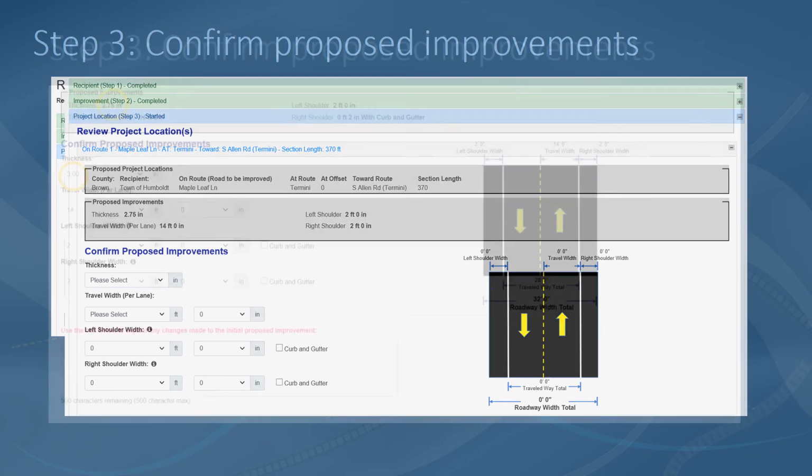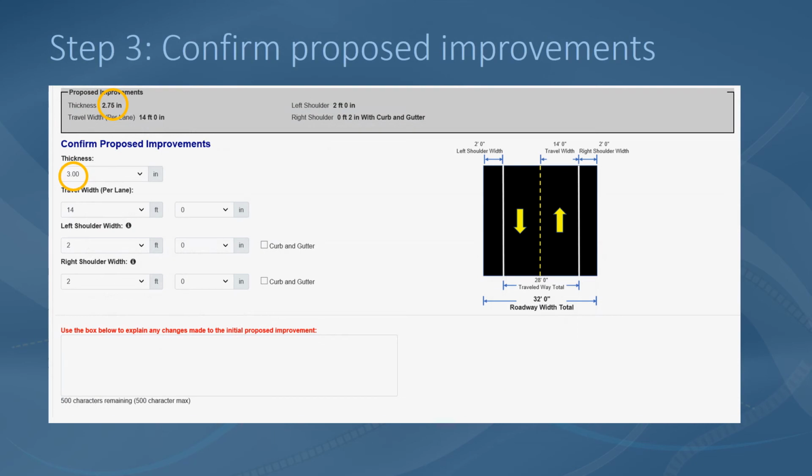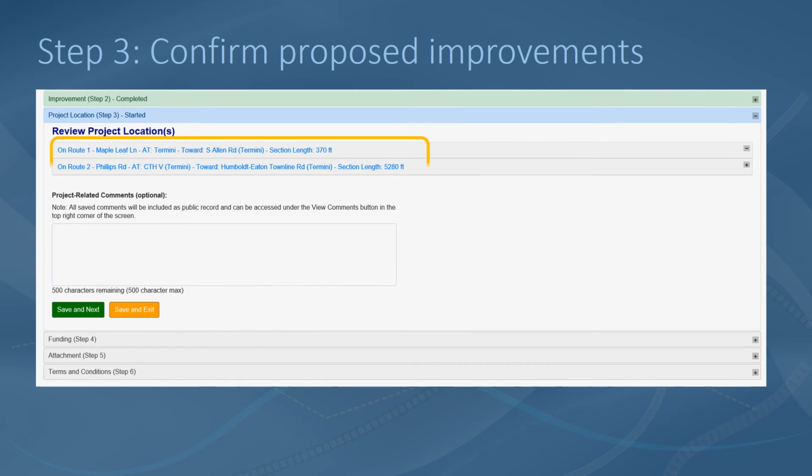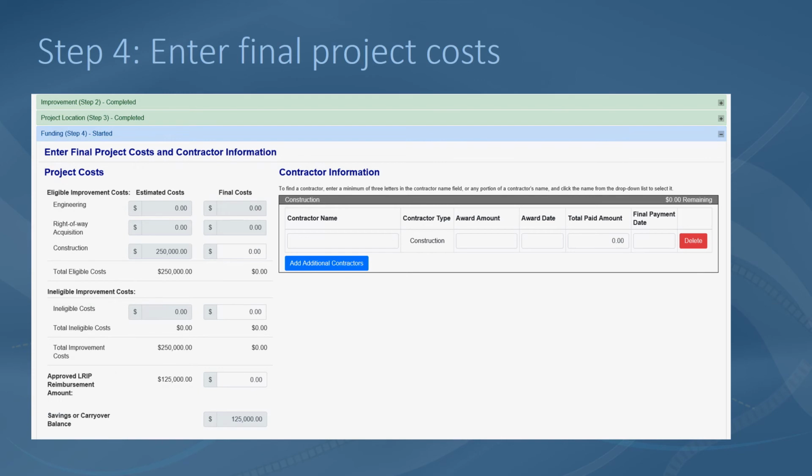If the final improvement differs in any way from the initially proposed improvement, you must provide a brief explanation how and why the improvement differs. At this point, if your project contains multiple project locations, you will repeat this process for each additional location. When you are done, continue to Step 4 to enter the final costs for your project.